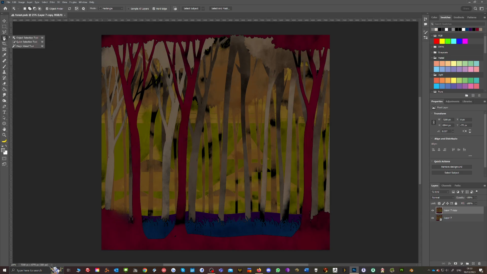That's not working. Right, let's go with the quick selection tool. And I just want to go up one of these red trees. And that's not really working well either. Right, let's go with plan C, and we'll just use, should we use the polygonal lasso tool? See how we get on, and just kind